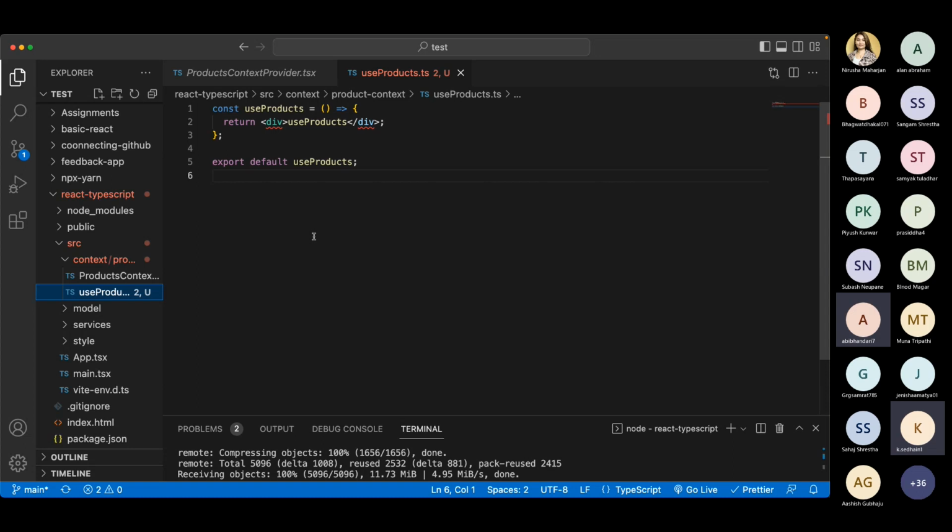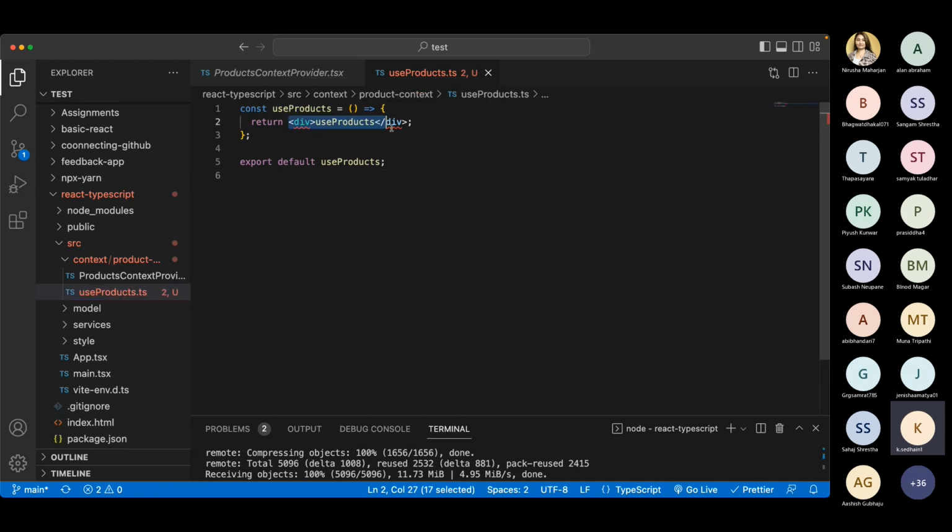We need to make it TSX so we can accept XML-like syntax, right? But if you don't want to write XML there, then you can remove it from there as well, right? Yeah, exactly. All right, so let's remove it and